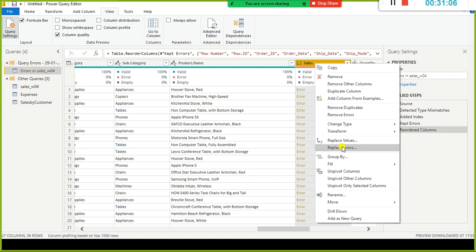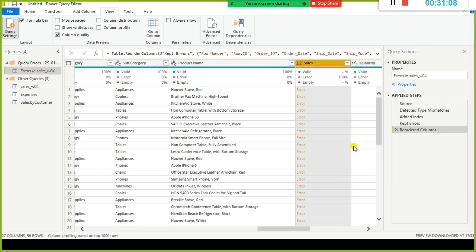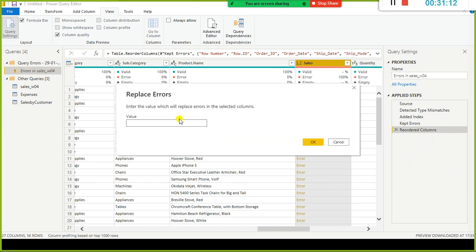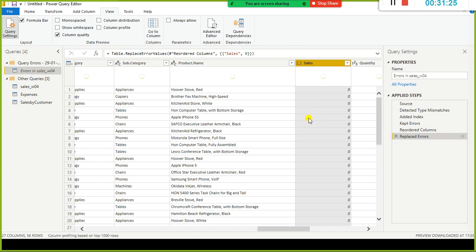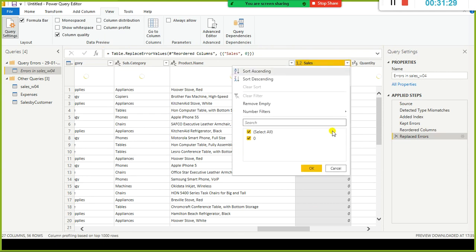You should be knowing this kind of troubleshooting. Replace errors. These are already missing values. I knew very well, and I am going to say 0. But if you watch my previous session video, we would have addressed that at that time. Look here. You click on this to make sure that.